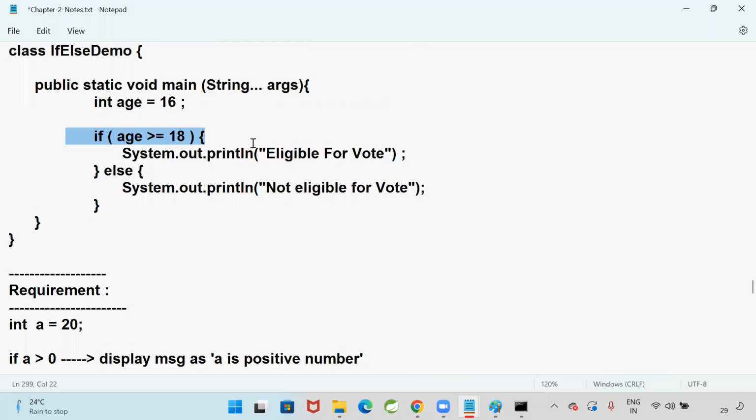If you have more than one condition to check,